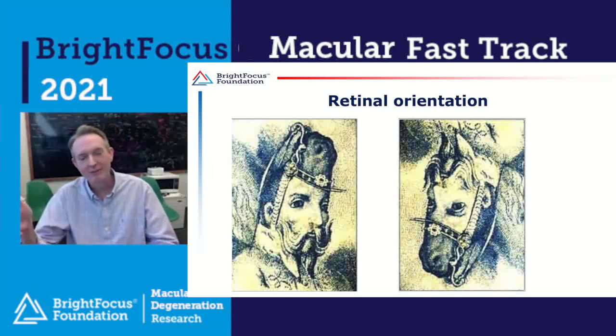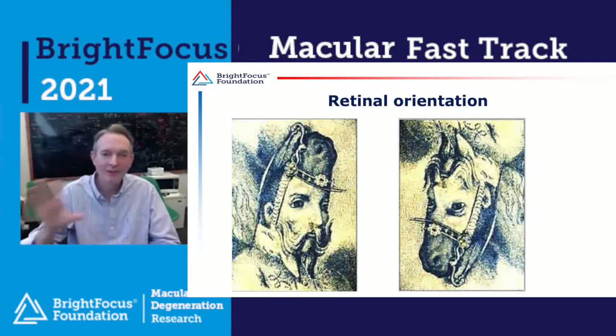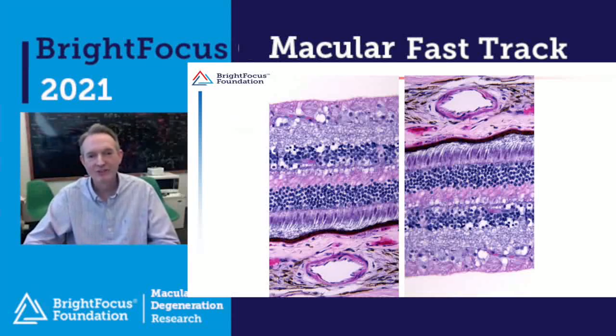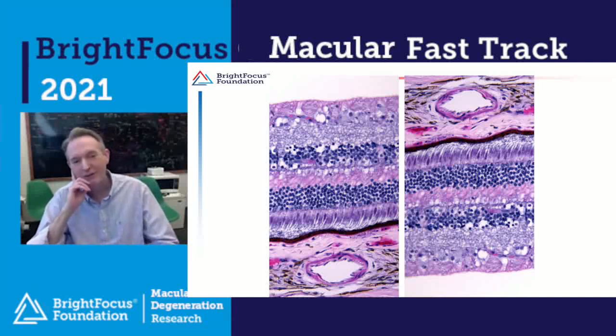if we flip this image upside down, we see something very different. We see the officer's horse instead of the officer himself. And so depending on how you look at these images, you see something very different, and there are different ways to approach imaging data. Now, this is also true in the retina, and the image on the left is the